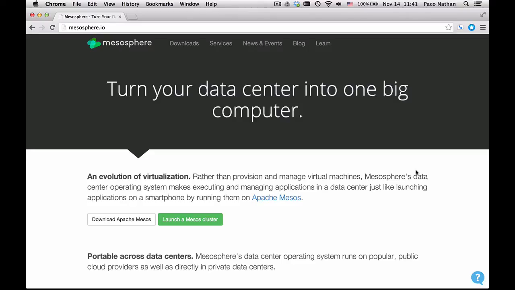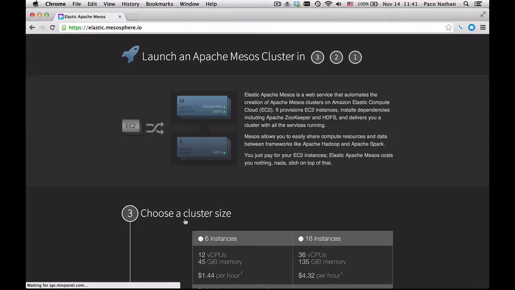Okay, today I'm going to show how to launch an Apache Mesos cluster using our new service, Elastic Apache Mesos. First off, if you go to mesosphere.io in your browser, you'll see that there's a couple of buttons in the middle of the screen. Download Apache Mesos if you want to go the manual route, or the green button, Launch a Mesos Cluster. That'll take you to the URL you want to get to,